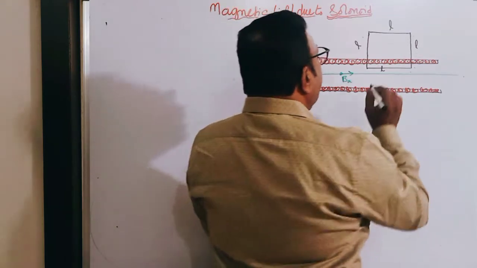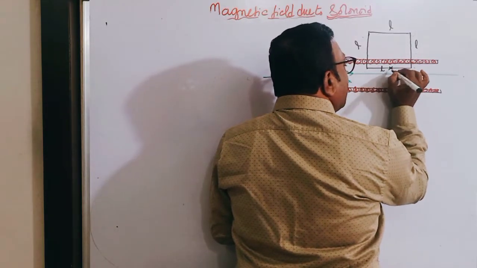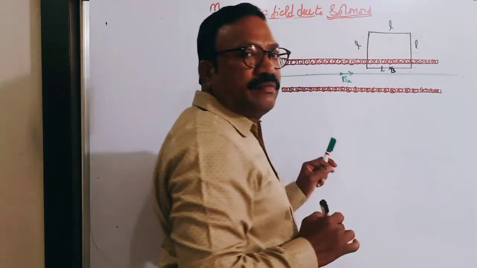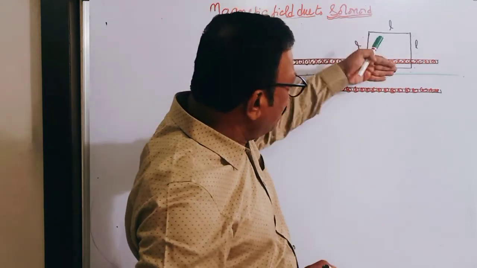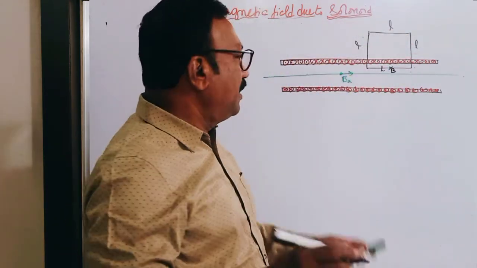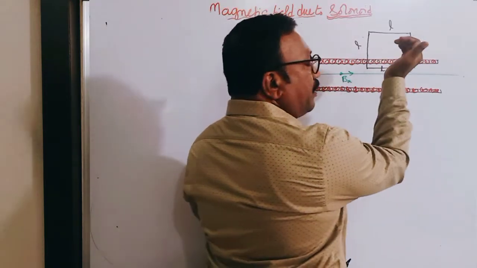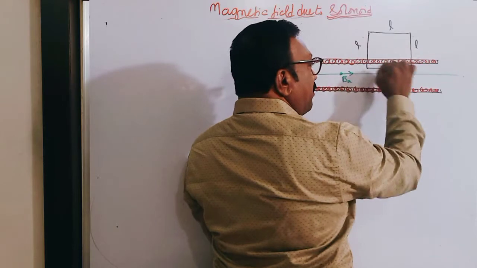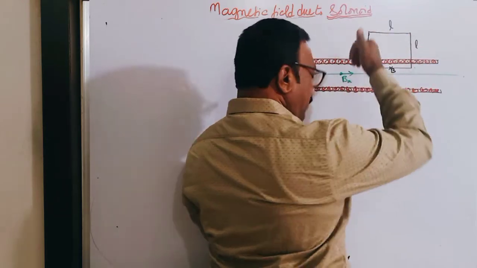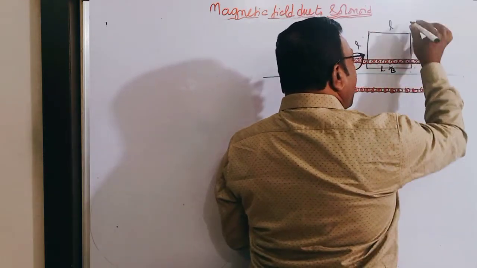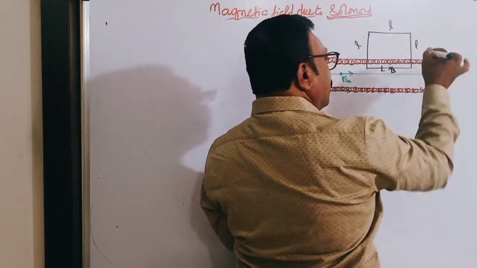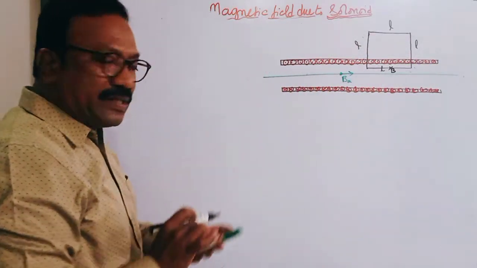Suppose I would like to determine the magnetic field at this point B. Anywhere it is uniform, I said. So at that point I want to calculate the magnetic field. For example, I have to give a direction to the loop. So the loop direction can be given like this. So this is the direction of the loop. Okay. Right. So what is Ampere circuit law now?